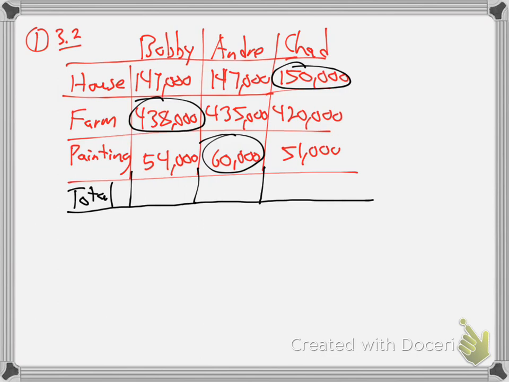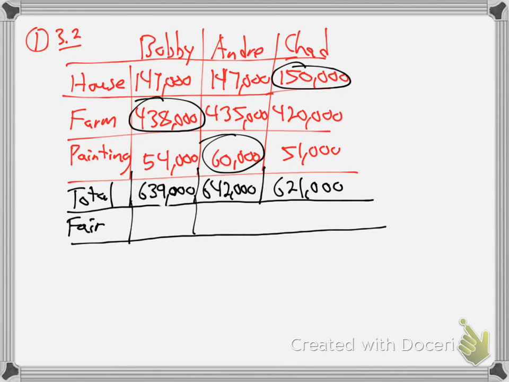So, somebody just want to read me those? What were those totals? Do you have those? 639 for Bobby. Right, 639. And the next one? 642 for Andre. 642. And 621 for Chad. 621 for Chad? Mm-hmm. Okay, thank you. Right, so I just added those up. And then I did what the fair